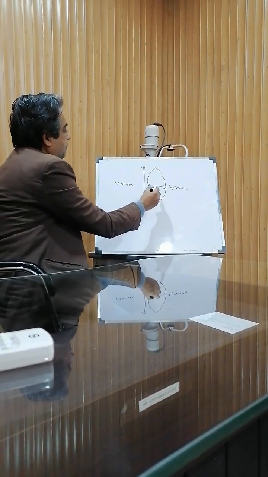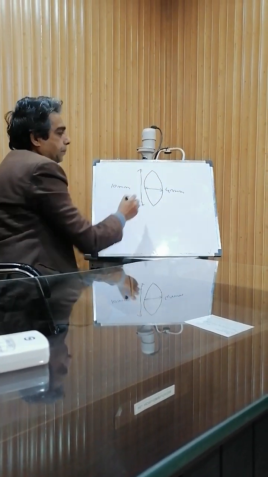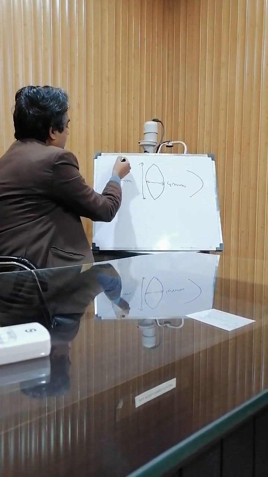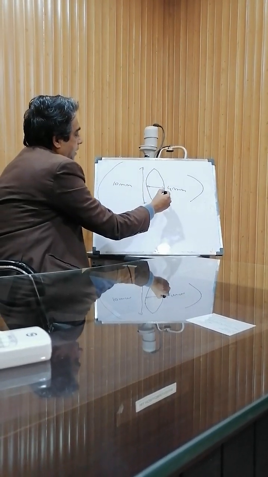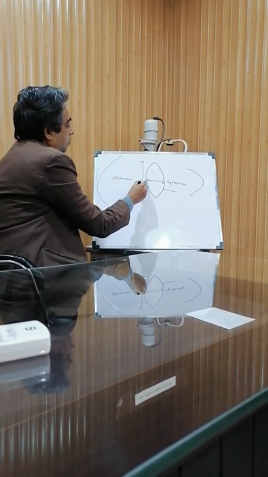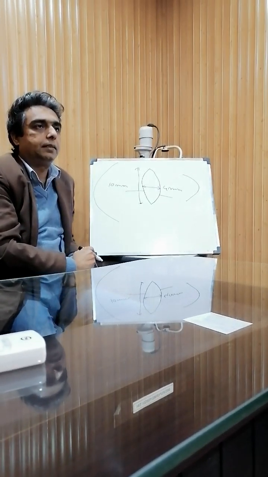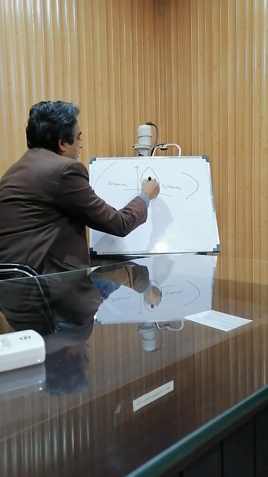and the lens consists of three parts. The outermost part, which you can see, is the capsule. This is the cornea, so this is the anterior part, this is the retina, so this is the posterior part. This is called the anterior capsule, this is called the posterior capsule. Are you getting my points? In between them is